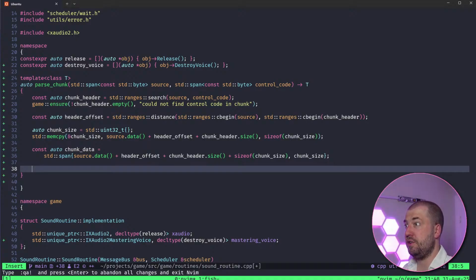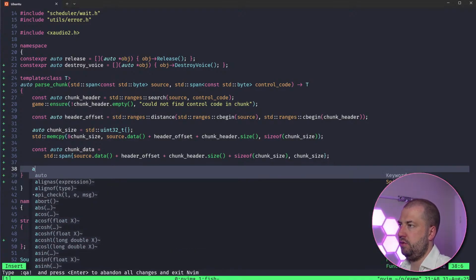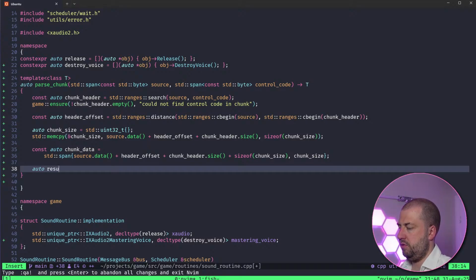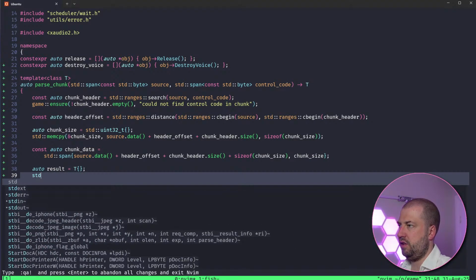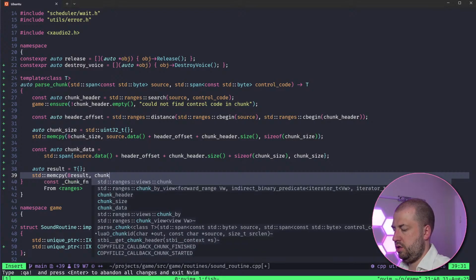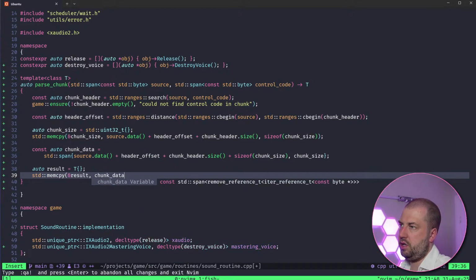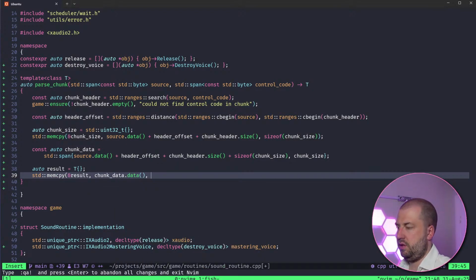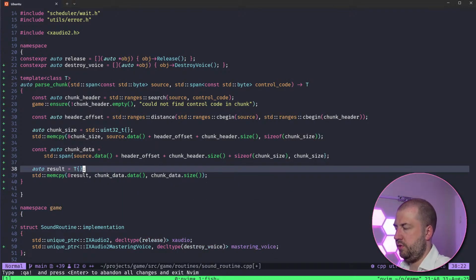But for the first two, assuming it's default constructible, we should be able to do auto result equals T, and then just std::memcpy into result chunk data dot data, chunk data dot size.